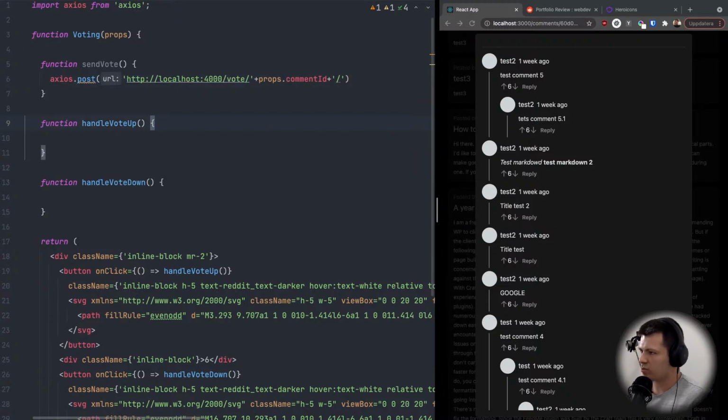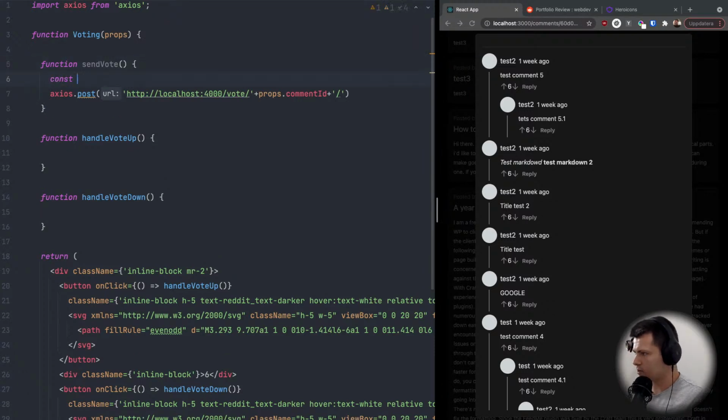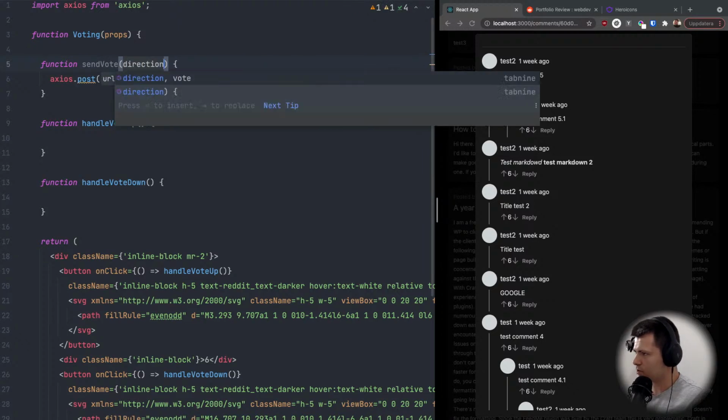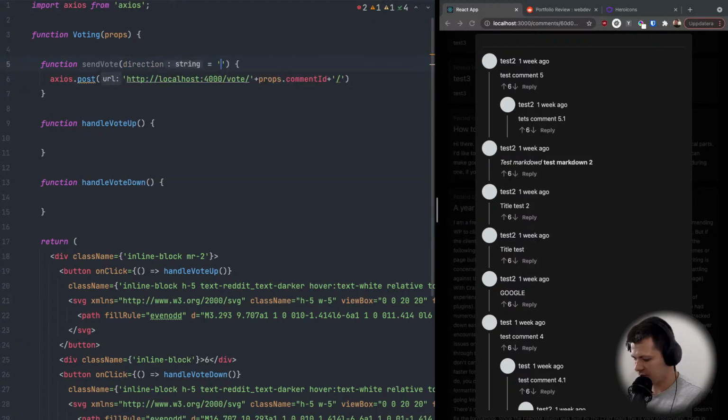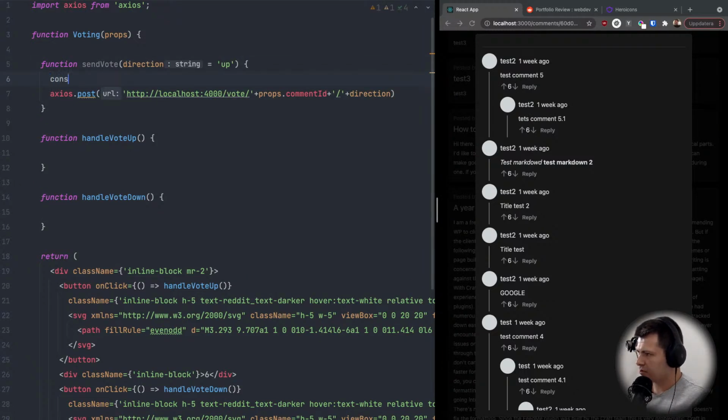So vote up will be 1 and vote down will be -1. And we can send it as a text, vote up or down, or as a number. Let's do text, so const, let's do here direction, default will be up, so let's do plus direction. I will put the URL here so it will be cleaner,